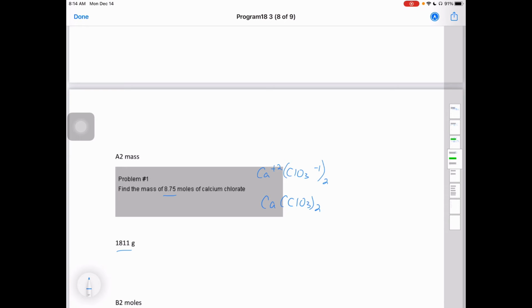Ca(ClO3)2, which means calcium has a mass of 40.08, and chlorine, which is 35.45, plus 3 times 16, is going to be 83.45. So 2 times that plus the calcium is going to be 206.98